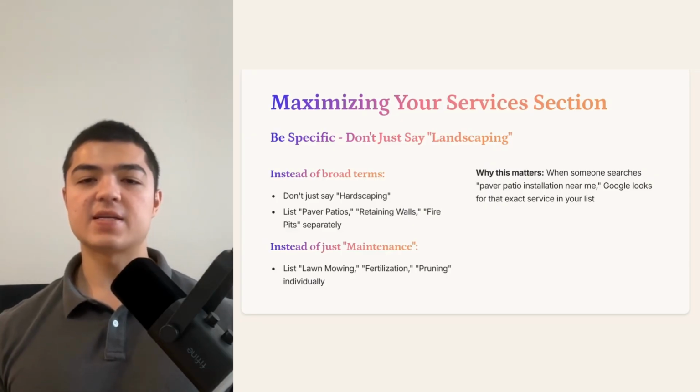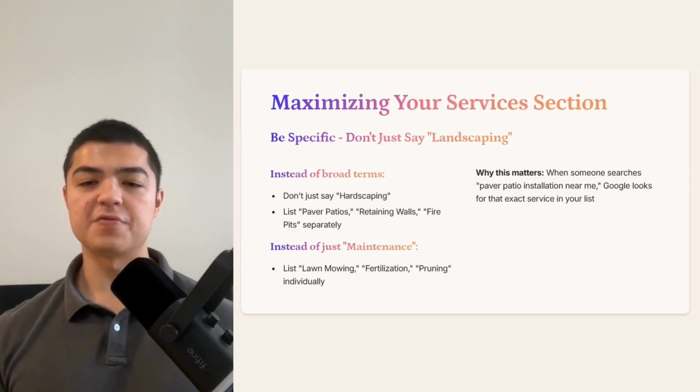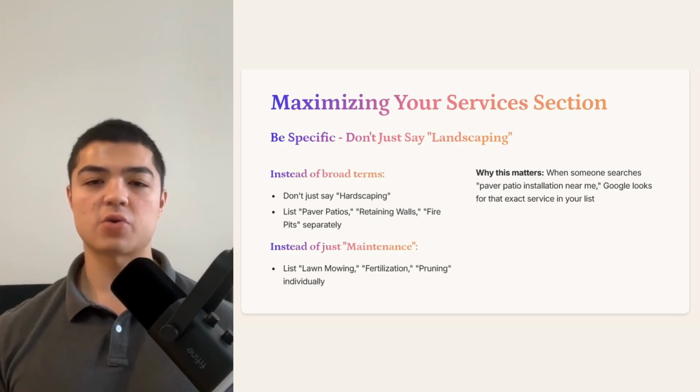Each service should be listed as a separate item, and you can include brief descriptions for each one. The more specific you are, the more searches you'll show up for. If you offer drainage work, don't just list drainage. List French drain installation, yard drainage solutions, and downspout extensions as separate services. This gives Google more information about what you do and helps you show up for more specific searches that your